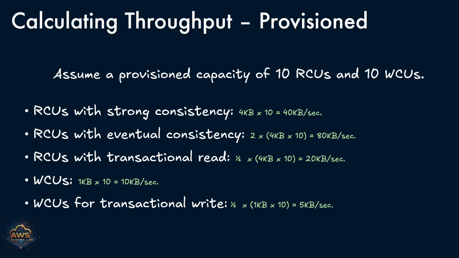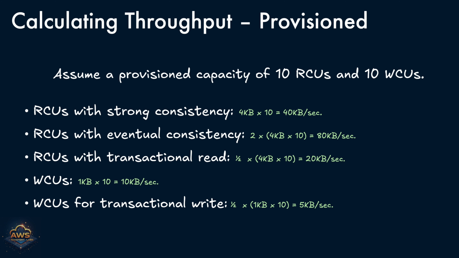By following along the calculations, you will arrive at the following throughput: RCUs with strong consistency, 40 kilobytes per second. RCUs with eventual consistency, 80 kilobytes per second. RCUs with transactional read, 20 kilobytes per second. WCUs, 10 kilobytes per second. WCUs for transactional write, 5 kilobytes per second. This exercise illustrates how your provisioned capacity translates into actual data throughput, helping you right-size your table based on performance